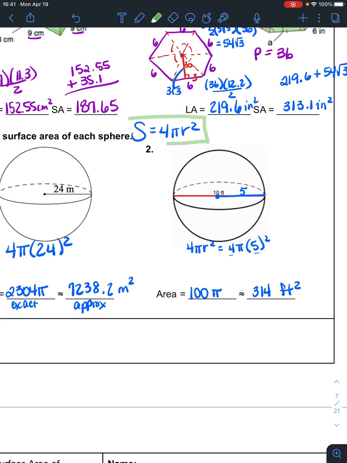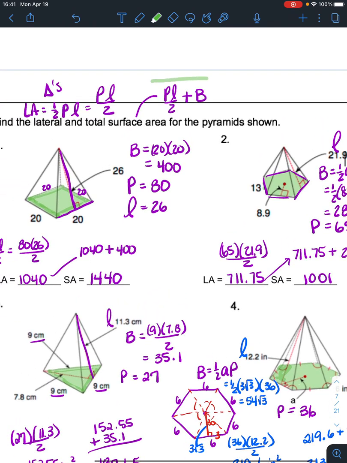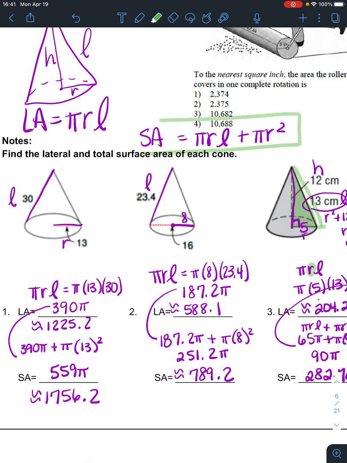Okay, so using these formulas is important. They are on your formula chart, so you need to know where they are. You need to be careful with your formulas for your area of your bases. Those are on the front of your formula chart. Their volume and surface area formulas are on the back. And then when you have circles, they give you the full equation instead of just putting it in terms of the base, because the base doesn't ever change when you have